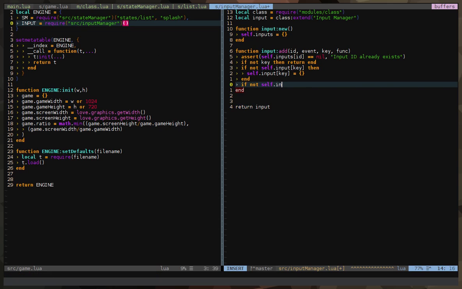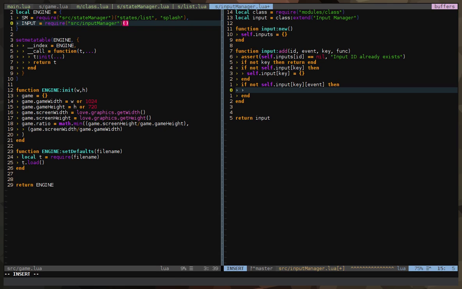If self.inputs and then key and then event, then. So if in our self.inputs, which is a table, we're going to search for a key. If that doesn't exist yet, we're going to create a table, and we're going to check again if in that key table we have this event.